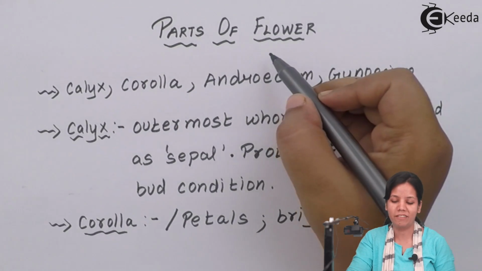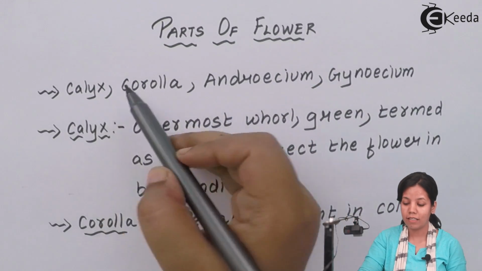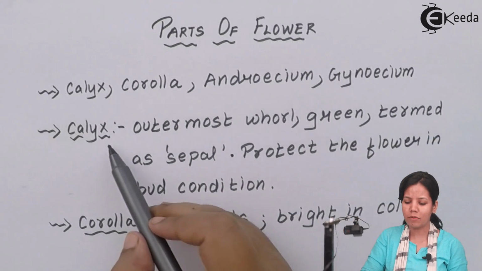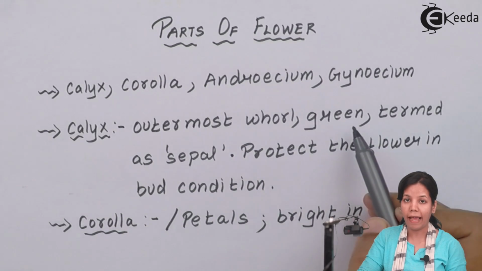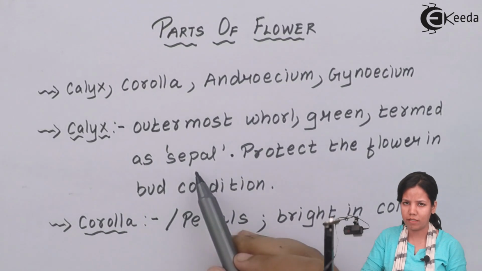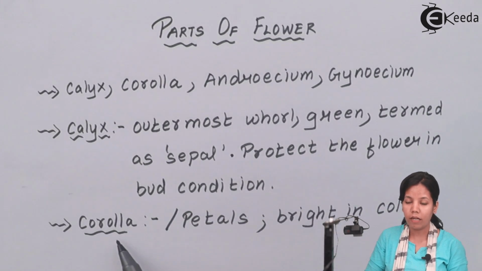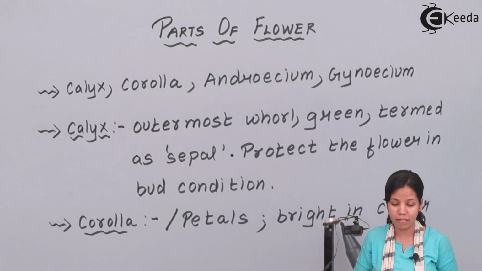The parts of the flower, and there are four essential parts of the flower: calyx, corolla, androecium and gynoecium. The first part is calyx, the green part. Calyx is green in color and it is also called as sepals in normal language. Calyx basically protects the bud or the flower in baby condition. Corolla, or you simply call it petals. Petals are bright in color, and the reason why they are bright in color is